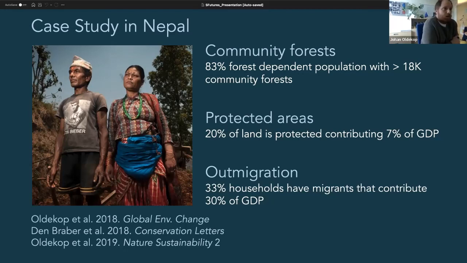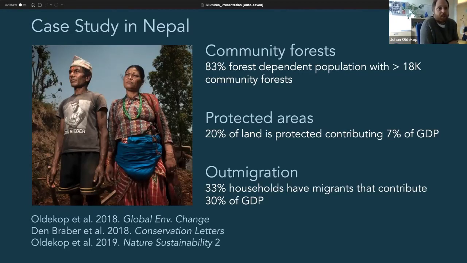The country's also undergone some really dramatic socioeconomic changes. According to the 2011 national census, approximately one third of households have somebody who is living abroad and contributing remittances. So this is money that is being sent back. And these remittances contribute approximately 30% of the country's GDP. And so what you have essentially is a combination of